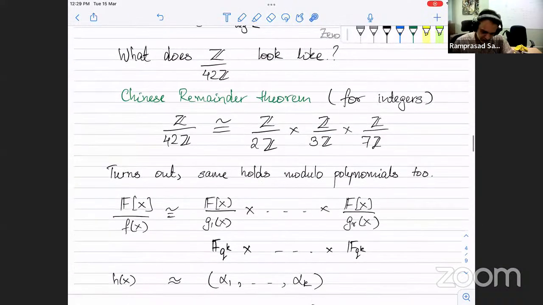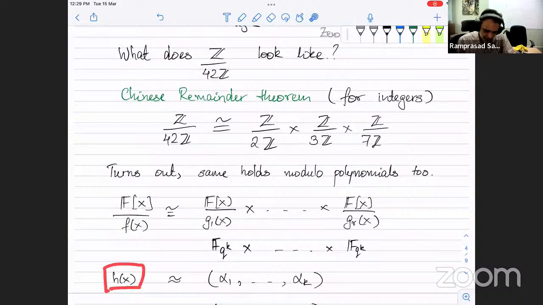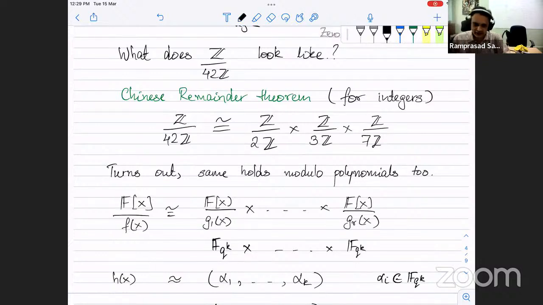Okay, so which means if I am interested in a particular polynomial that is present here, there is some equivalent representation of the form alpha 1 through alpha k, where each alpha i belongs to this field F_q to the k. Again, I want to stress, I don't know what these alpha i's are. Once I pick a certain edge, I know there exists one, but I have no idea of what these